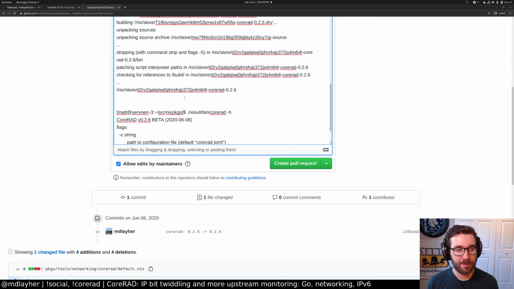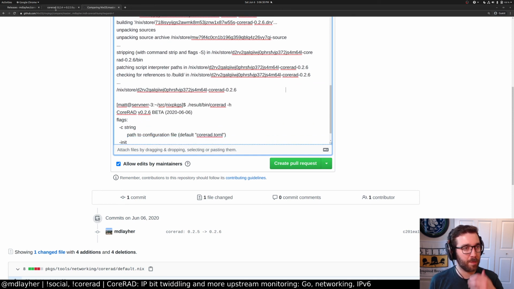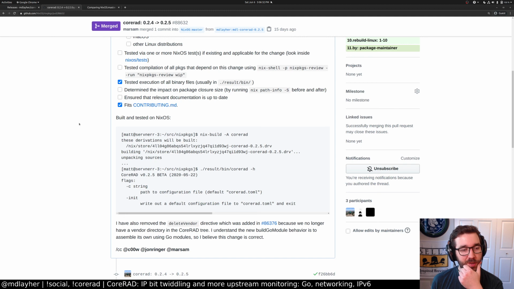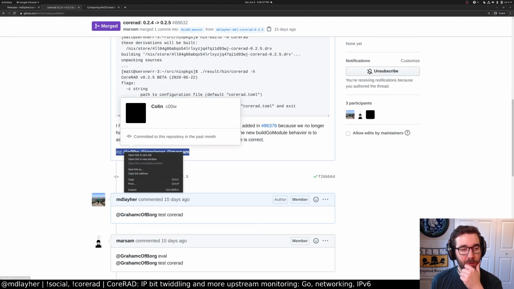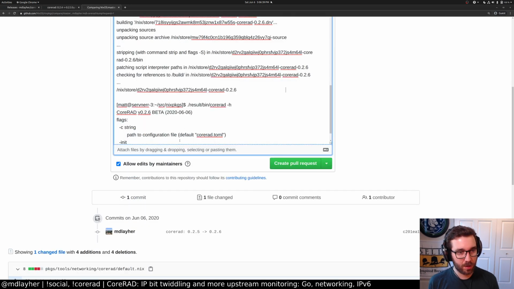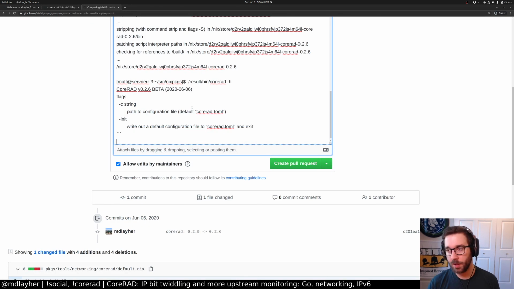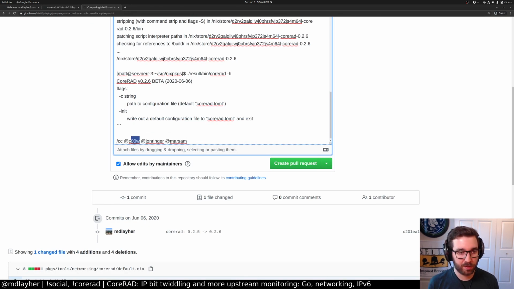So now we have all the info we could need, and I think we just tag a couple of the maintainers. So I'm the maintainer of this package, but I also tag a couple of other folks who generally review my PRs. So these two, I believe.